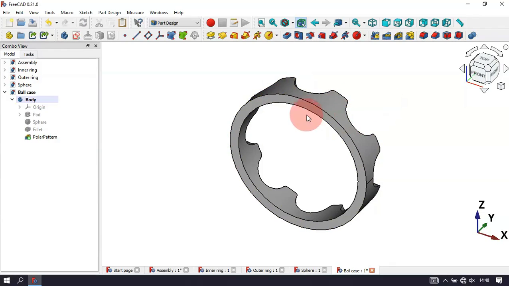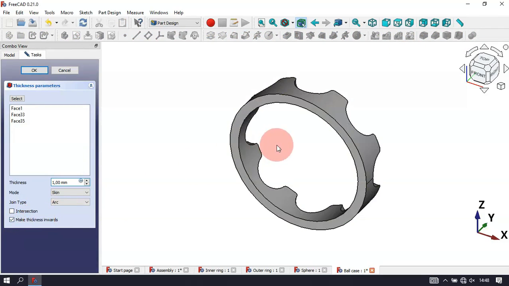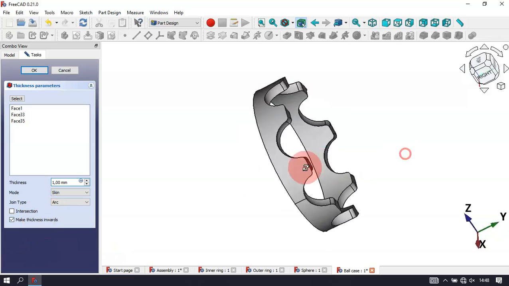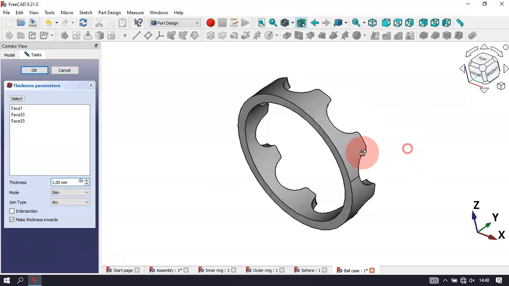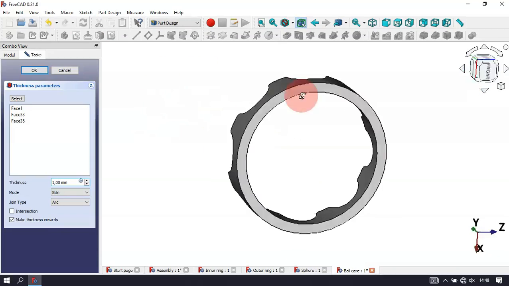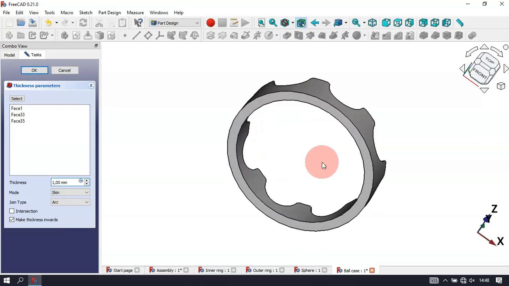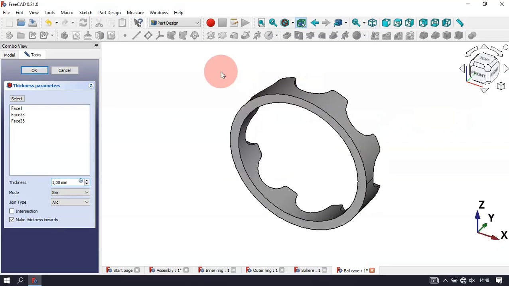So okay, first let's select this face here, this face, control select this face and this face here, and now the thickness tool, click here. Okay, first here we'll make thickness inward, so we'll check this option here. But when you check this option, as you can see here, we have this problem, we don't have thickness here. So let's try to refresh this document, clicking this icon, and as you can see, we have the same problem. Okay, but anyway, let's click OK, click OK,